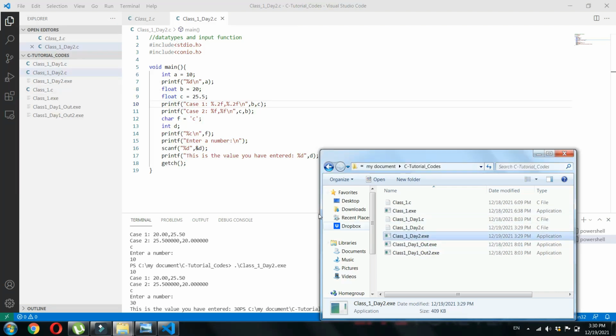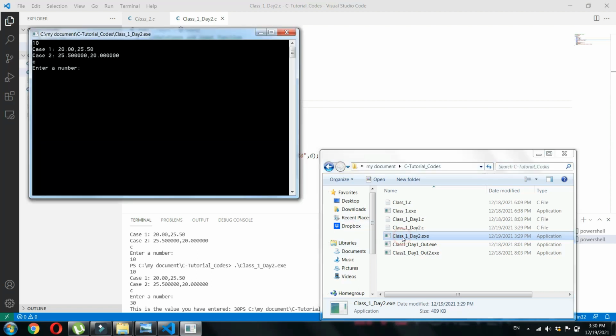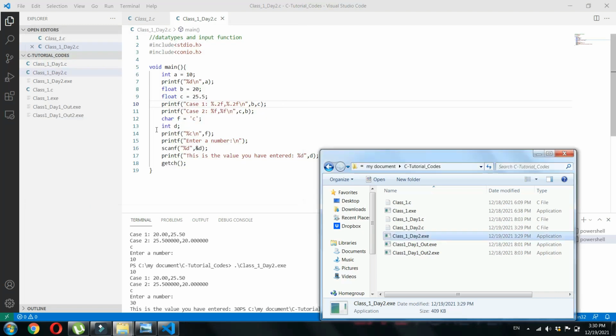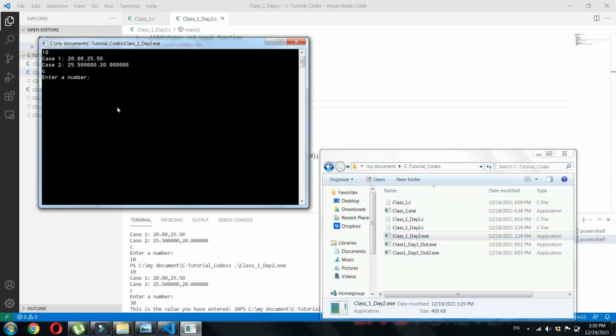Now since I have asked it to get only an integer and this is an int, if I am entering some character or something different than a number, what would happen? Let's test it out. I am giving yes, it is giving 0 because yes is not an integer. And if you are going to give a float, what would it return? 20.5. It is returning me 20. It would just take the integer part and return only the value as an integer.